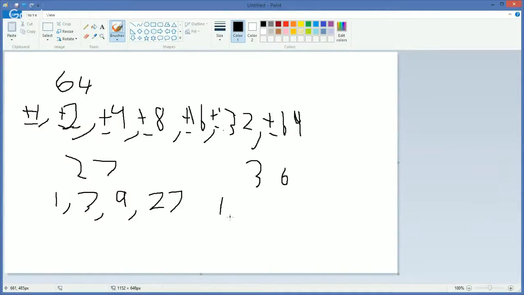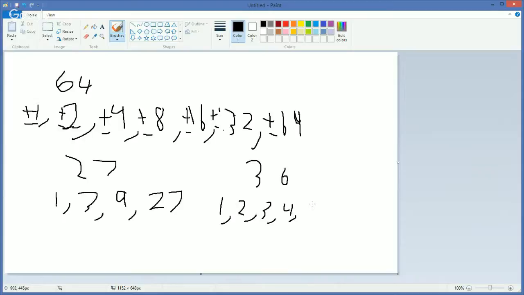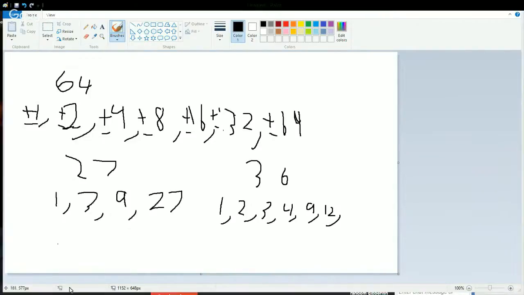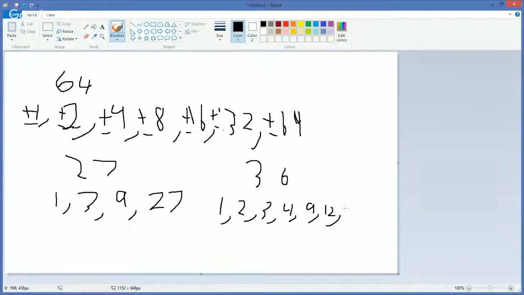So 1, 2, 3, 4, 9, 12, 36 divided by 2. Give me a sec here. Sorry, 36 divided by 2 is 18. There we go. So 18,